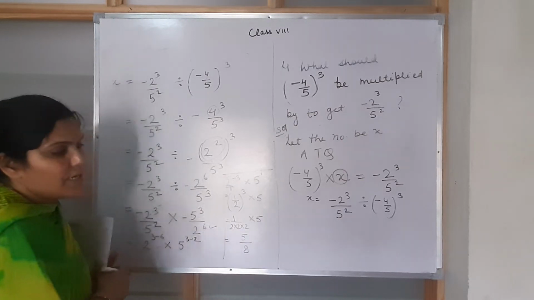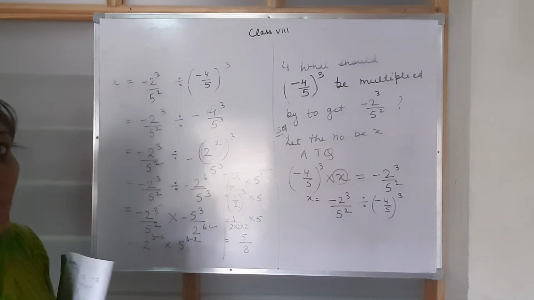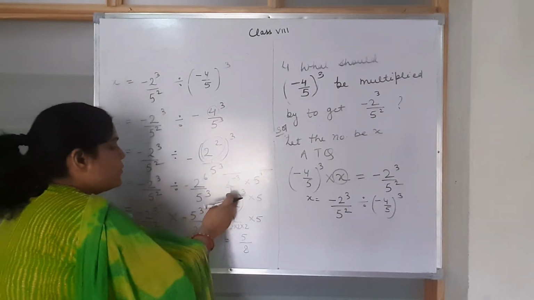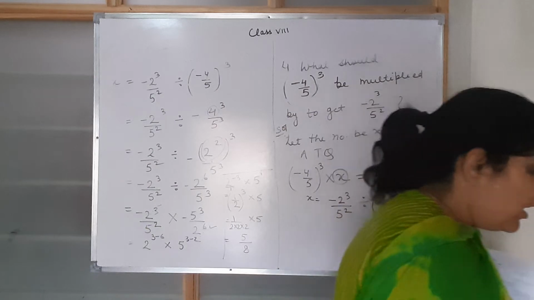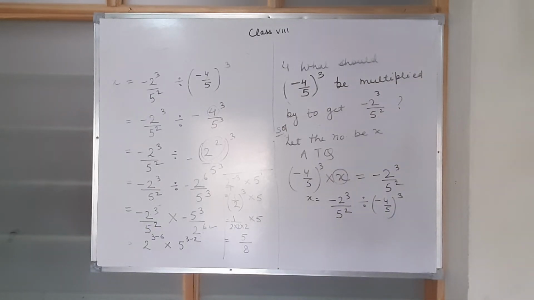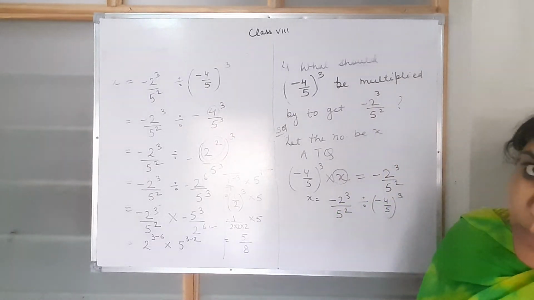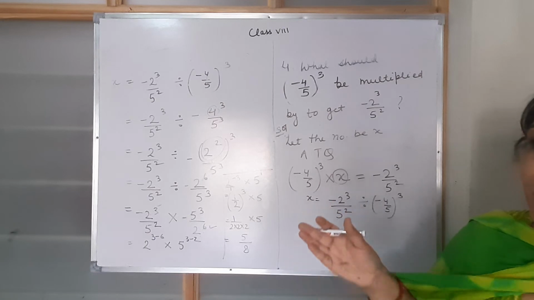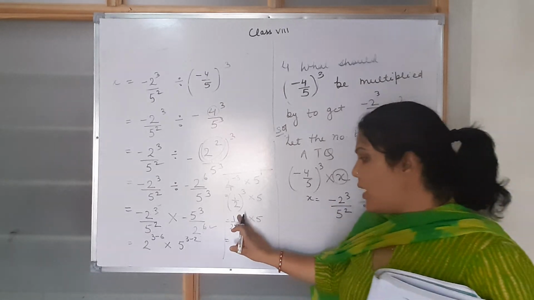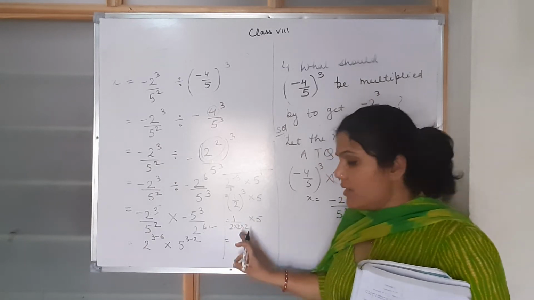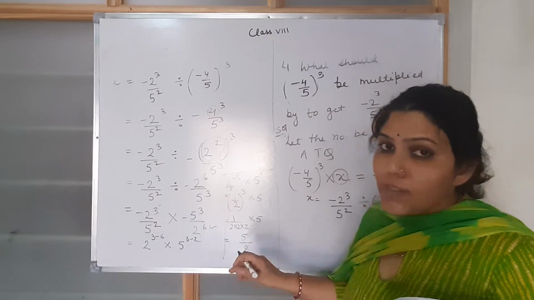Now how do you solve 2 raised to the power minus 3? We cannot solve it like that. We have to make the power positive. So when we reciprocate the base, 2 upon 1 will become 1 upon 2 whole raised to the power 3, and into 5. Now we will solve 1 upon 2 power 3. It is actually 1 upon 2 into 1 upon 2 into 1 upon 2. When we multiply the numerators, 1 into 1 into 1, we get 1, so that's why I put 1 here. 2 into 2 into 2 is 8, and here we have 5. So 5 into 1 upon 8 is 5 upon 8. Alright, so this is our answer.